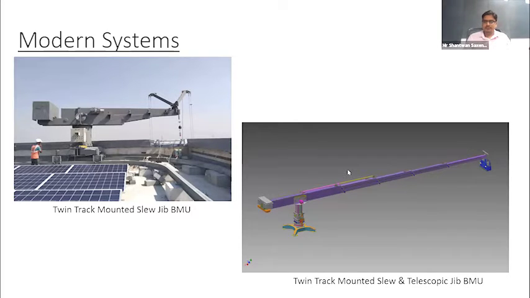Then we have this twin track mounted telescopic jib BMU. This type of telescopic jib BMU is required where the outreach is more, going above 15 to 16 meters, and the facade has to be accessed from the terrace. The BMU can run either along the perimeter of the building or it can be mounted at the center of the building also.